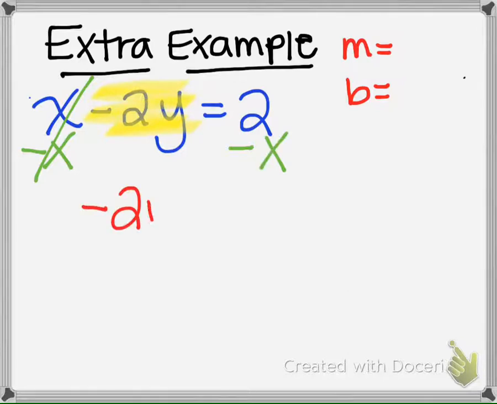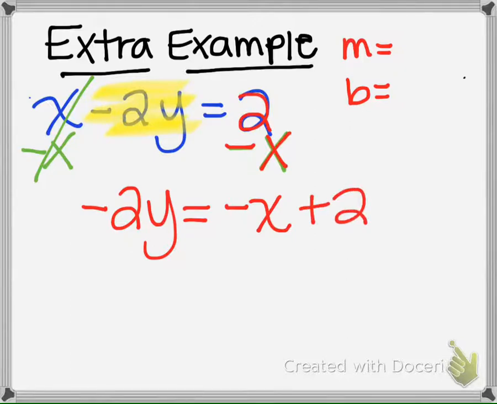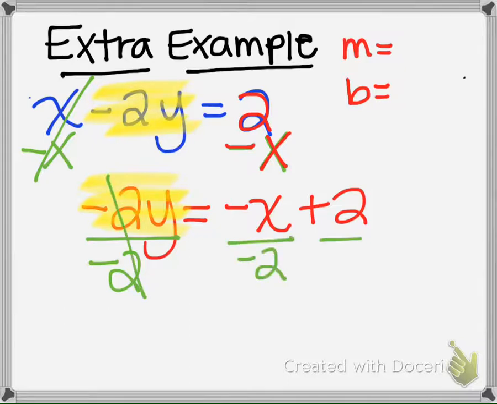So we have negative 2y equals, and we could write it like this, but instead, I'm going to put the x first. So I'm going to put this first, and then the positive 2 second. Then the very last step here, to get rid of the number in front of the y, we're going to divide everything by a negative 2. So we get y equals,